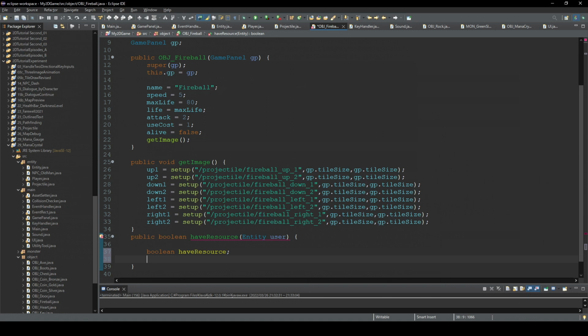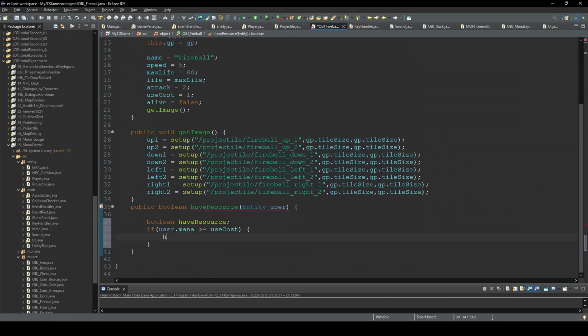Boolean haveResource, and if user.mana is equal or greater than useCost, then haveResource equals true. Okay, let's put false here. Return haveResource. Okay. Yeah, so this returns boolean, and we check this in this fireball class,